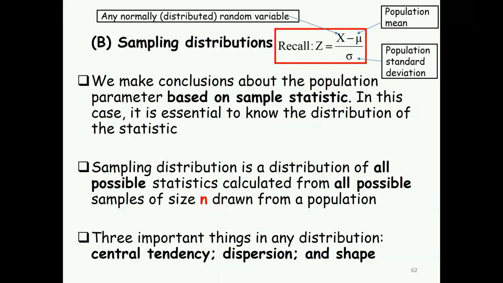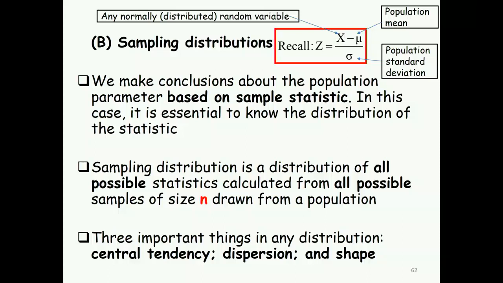One thing that comes to my mind is that if I take a sample, instead of x, I have to use a sample mean, because I am taking a sample. This one is only when you are picking one person. This one is any normally distributed random variable. If you take a sample of students, and I am talking about their height, one thing I am sure of, I have to change this one to x bar. X bar means the sample mean. What about this one? Do I have to change this one? How do I know?